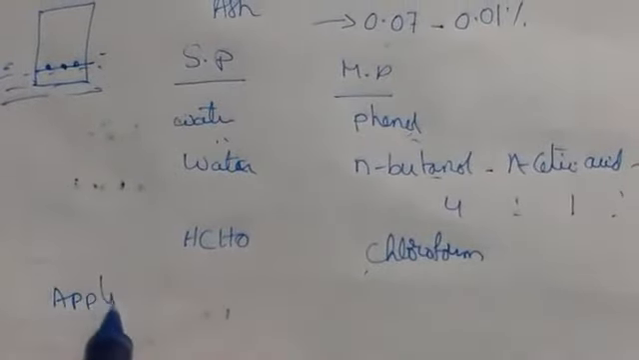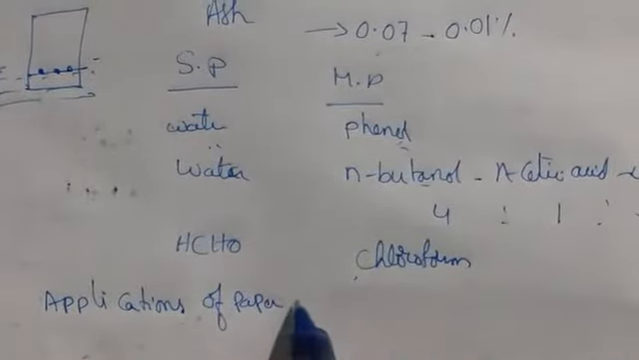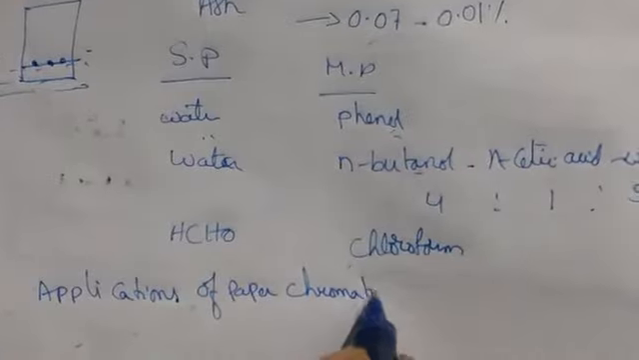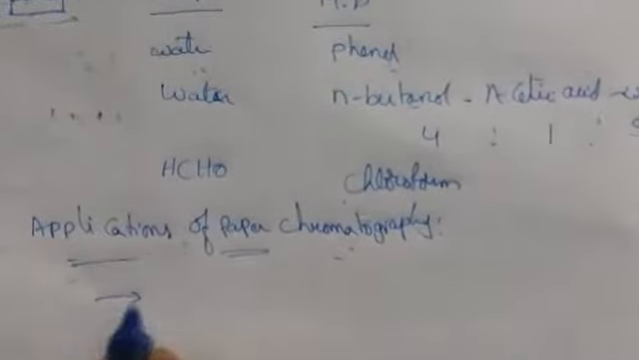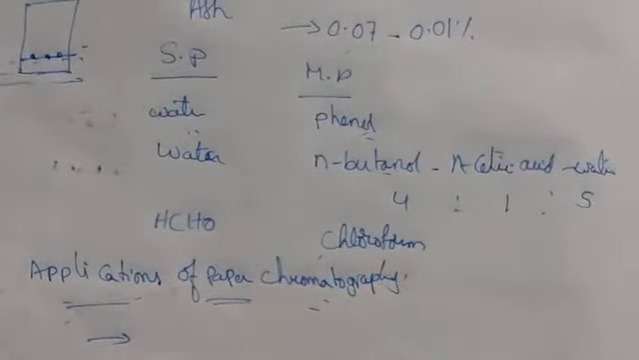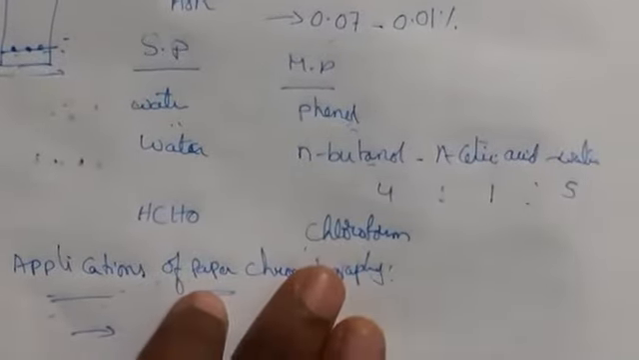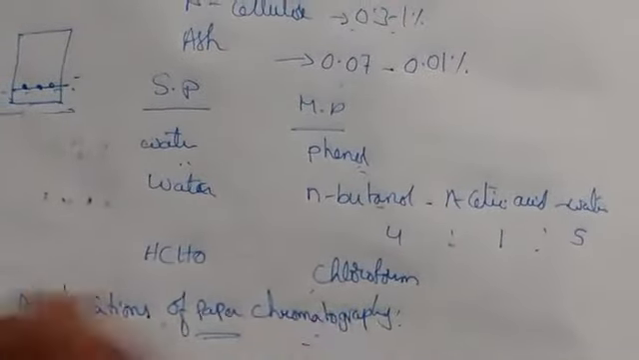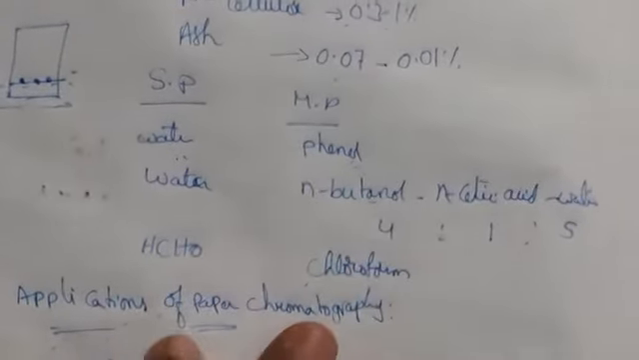So now let us see the applications of paper chromatography. Firstly, paper chromatography is very widely used, whether in quantitative or qualitative analysis, for biochemical, pharmaceutical, and medicinal compounds. We can use simply this method. Generally this paper chromatography is used for identification